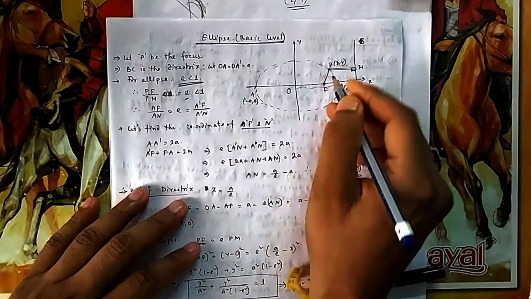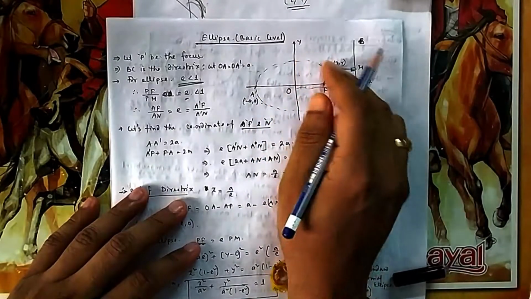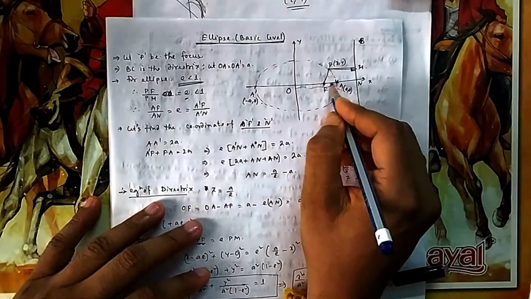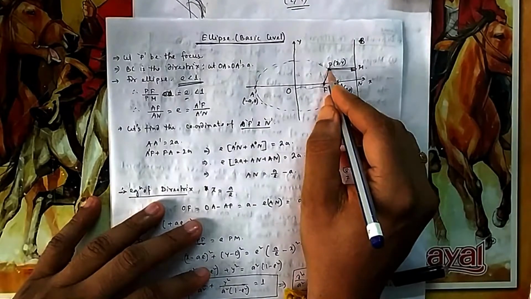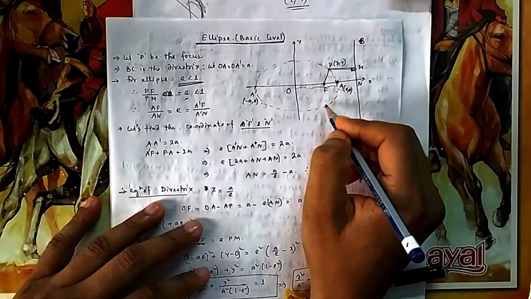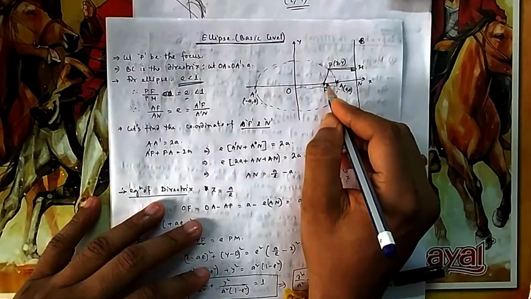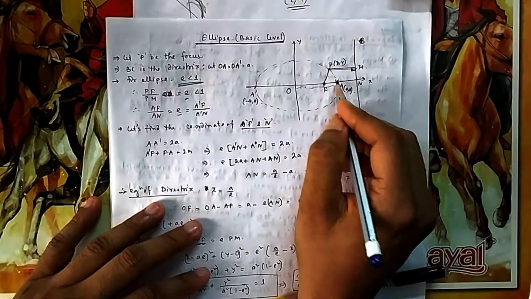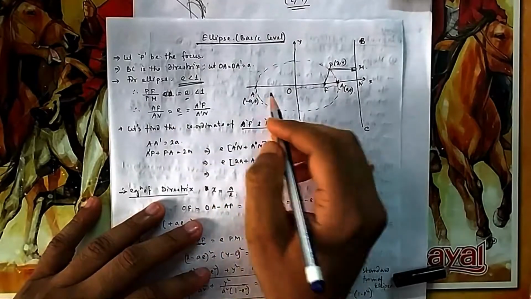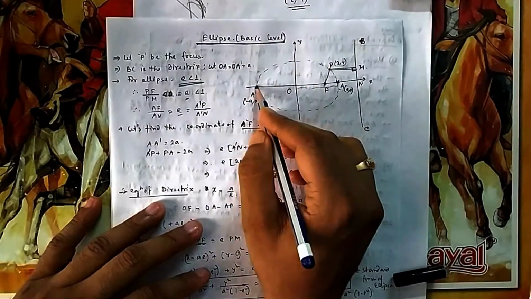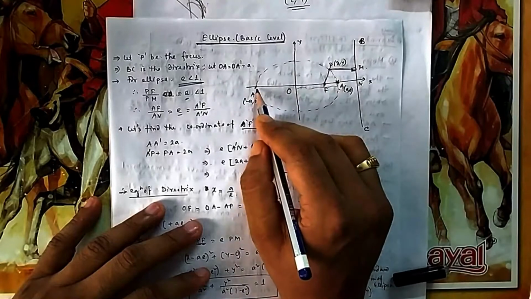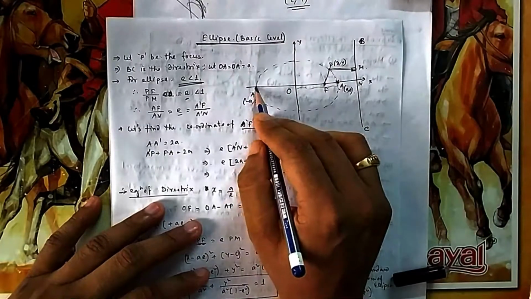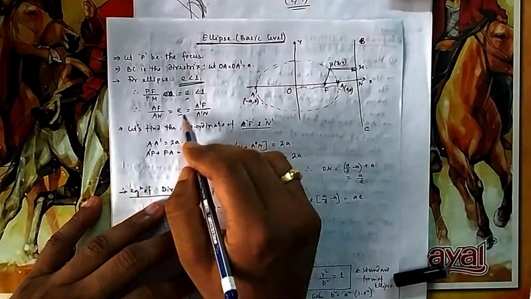So here you can see this ratio is E. If this is a point A, for now I have given a dotted line because I don't know what shape it will take, so this one is AF. Suppose this A is also a point on that conic, then the distance from the point and the distance from the line should have that E ratio. So AF divided by AN should have that E ratio. Similarly, suppose this is another point on the conic, then A dash F divided by A dash N should also be the same ratio E.